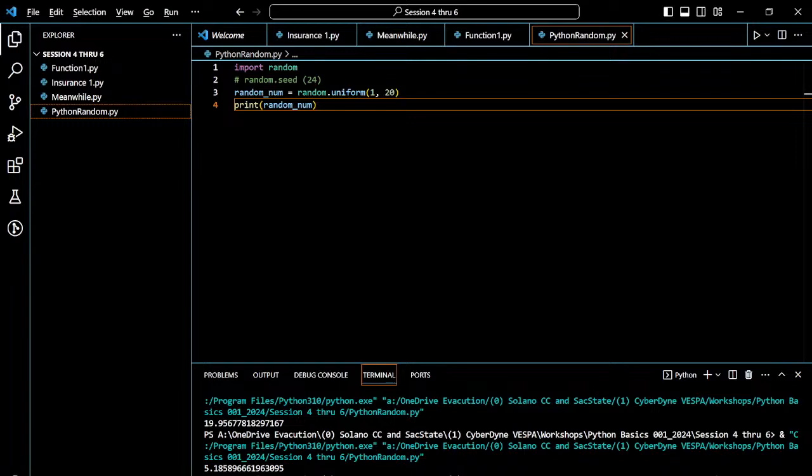Okay. So let's see. Actually, if you don't mind screen sharing, that way